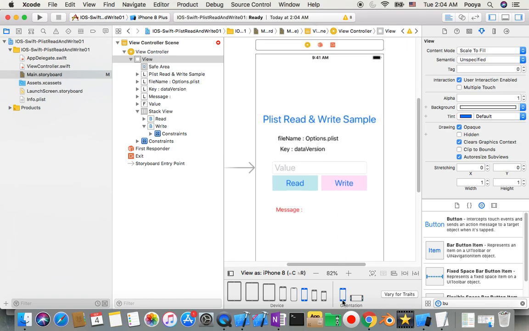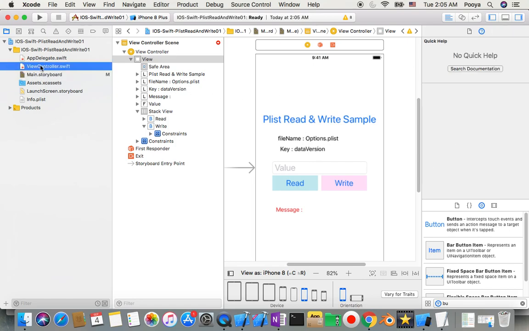Okay, so now we need to connect these two to our view controller. But this time, the usual way is to click on this assistant editor and control drag from all of this and name them. But this time I want to use another way to do it, actually, to give you an idea. You don't have to always go to this assistant editor. Even with right click, you can do it. So